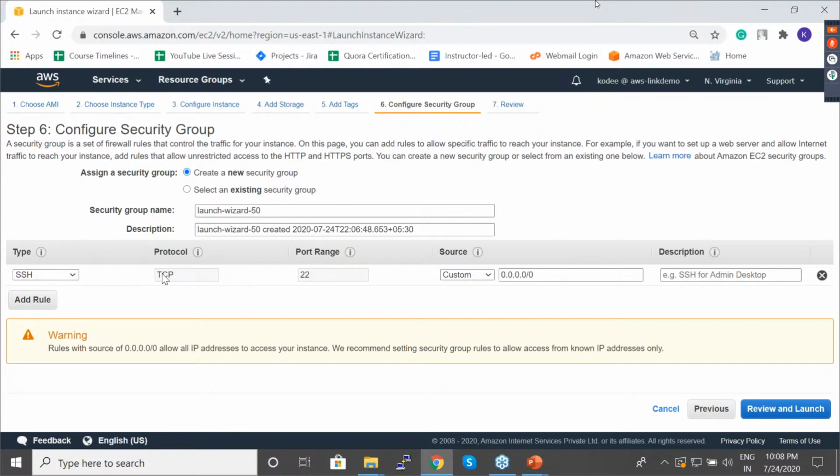First of all, there is SSH, TCP, port number 22. SSH basically is secure shell. You will be able to log into this EC2 instance using a secure shell. And then if you provide a particular IP address, so let's say you have a PC and you don't want to access your server from any other computer. You just want to access it from your particular PC. You can provide the IP address over here, and only when you try to access your instance from that PC will you be allowed to use it. Otherwise, you will not be given access.